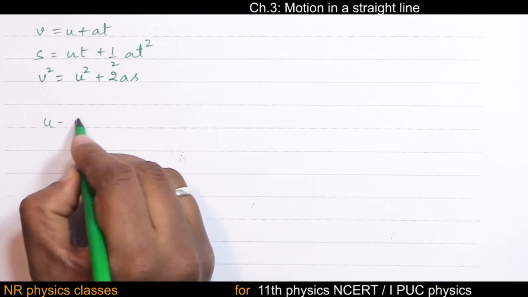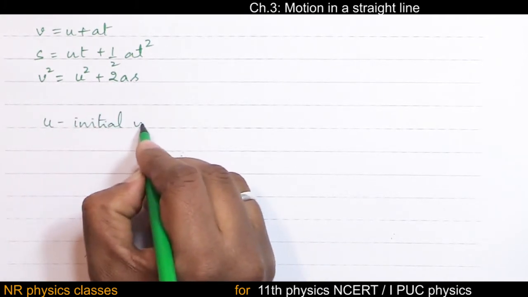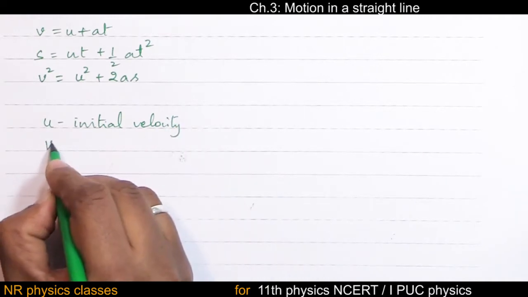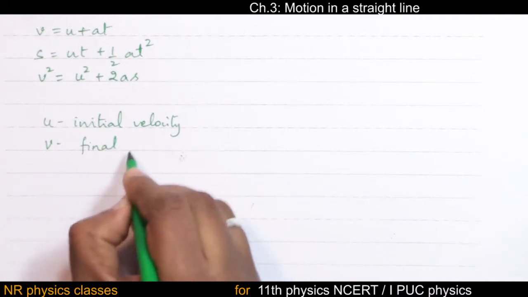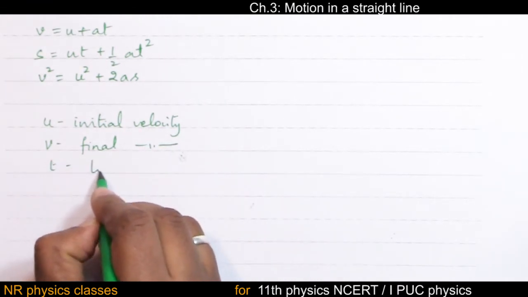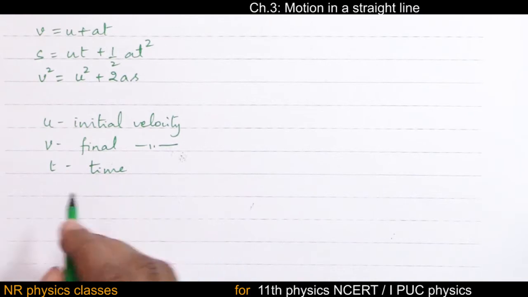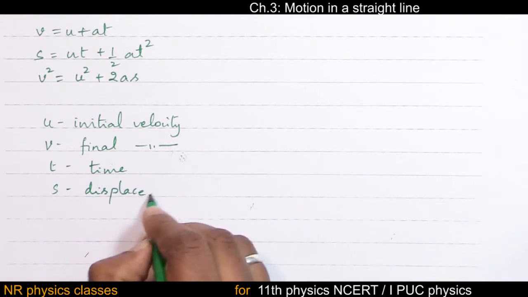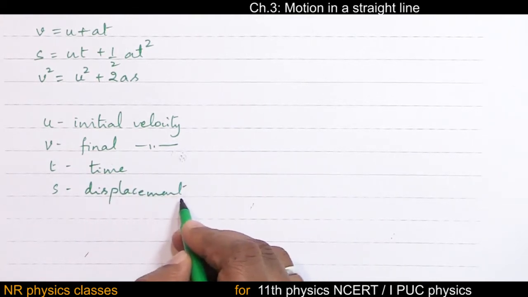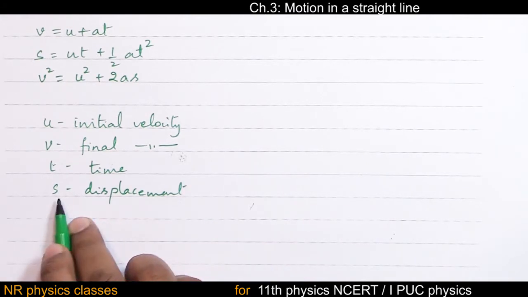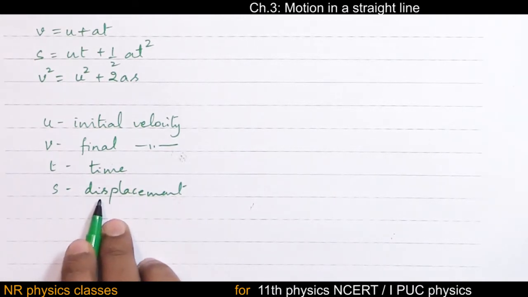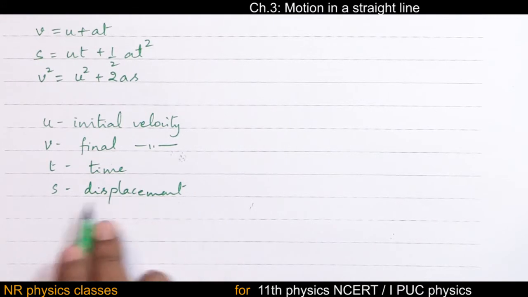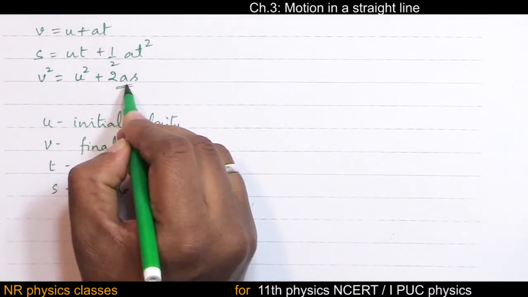where u stands for initial velocity, v is final velocity, t is time duration, time interval, and s is displacement. Here the common mistake is, sometimes people will take it as distance, but please bear in mind s stands for displacement. Okay, since it is accelerated motion, a,